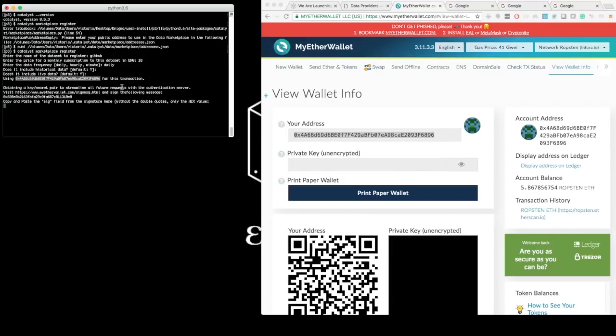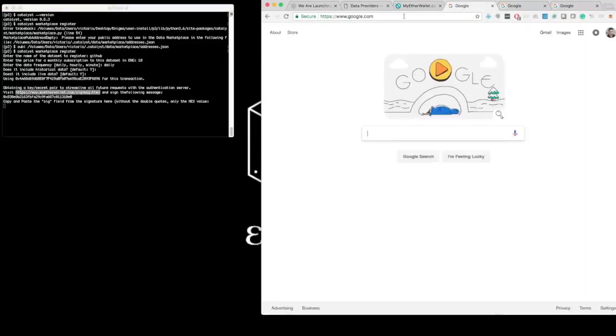configured, so that matches. And then before I start the process, Catalyst prompts me to sign a message to validate that I indeed have access to this address, so that it can go on to Catalyst authentication server to obtain a key secret pair to streamline all other future requests that don't require the use of the private key. So I'll go ahead and follow these instructions, and I'll copy this link into a new window,